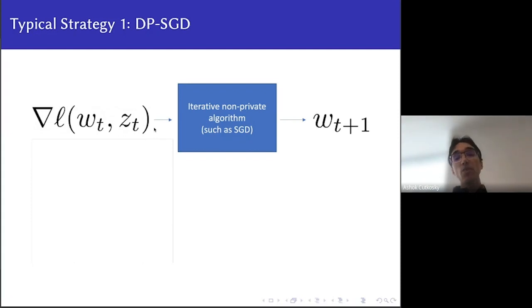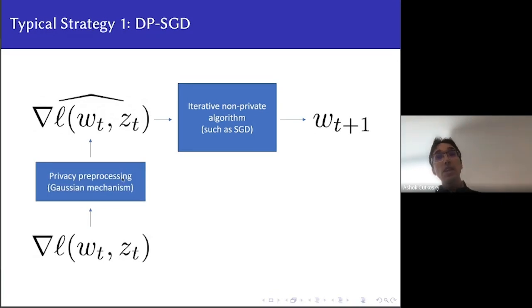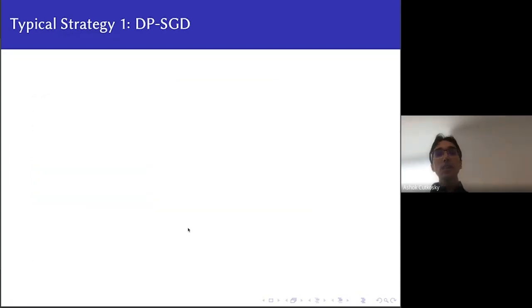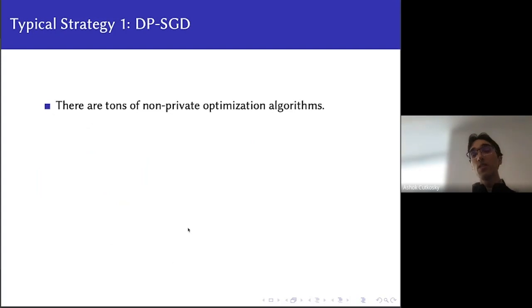And that means that in order to make this algorithm private, all we have to do is make this gradient somehow private. So we apply something like the Gaussian mechanism, which just adds Gaussian noise to the true gradient to get some sort of noisy gradient. And so now this noisy gradient is somehow fuzzed in a way that makes it a private estimate of the real gradient. And so now the whole algorithm will become private via post-processing. You do operations to private things, they stay private. Okay, so this is DP-SGD. It's a fairly intuitive thing to do, right? How would you come up with this?